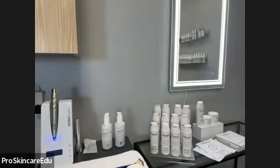So I wanted to introduce you specifically to the back bar range and why I feel, as an esthetician and an owner of a spa suite, this brand is so beneficial for back bar. I've got the entire setup here, and I'm going to walk you through each of these products and why they're so beneficial. From left to right, when you look at the screen, the first thing you're going to see